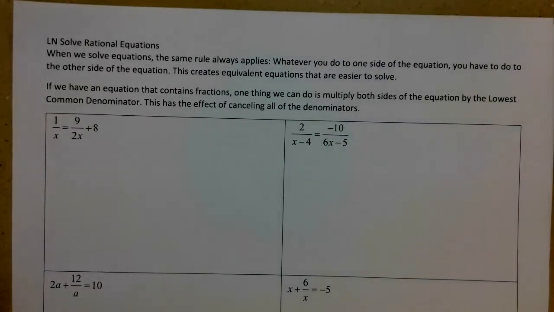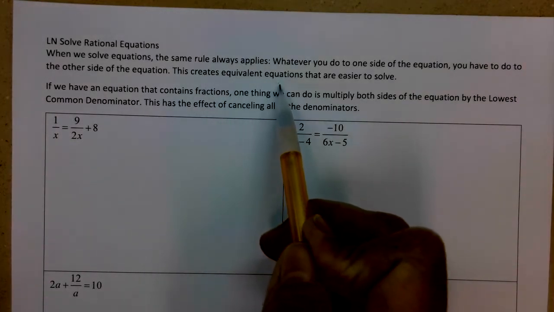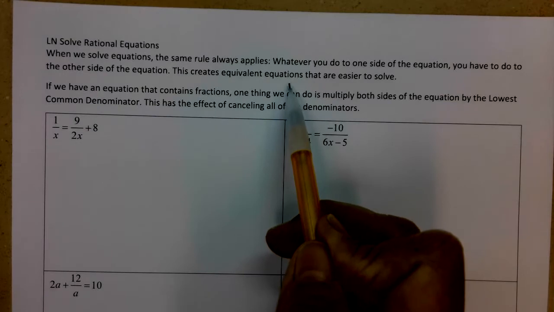So when we're solving rational equations, we have to use the same rule that we always use when solving any type of equation, and that is whatever you do to one side of the equation, you have to do to the other side of the equation. So when we do it, what happens is that we're creating equivalent equations, and those equivalent equations are just easier